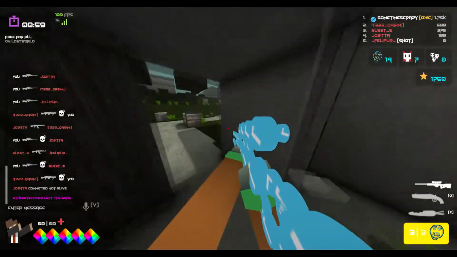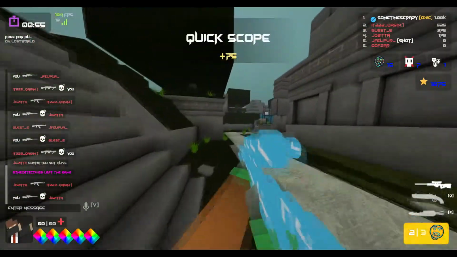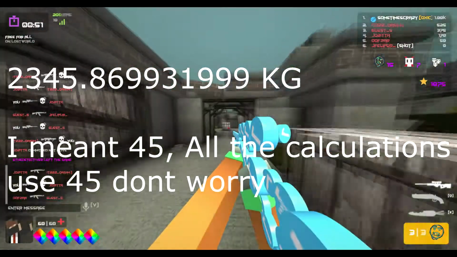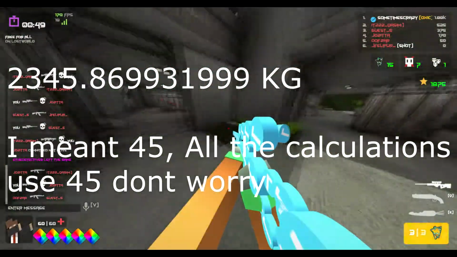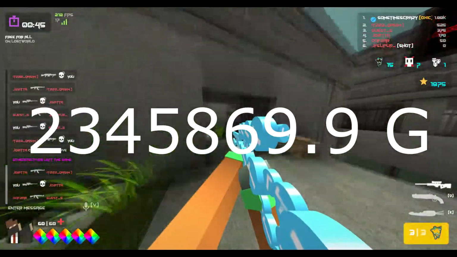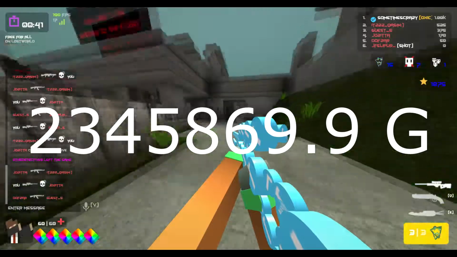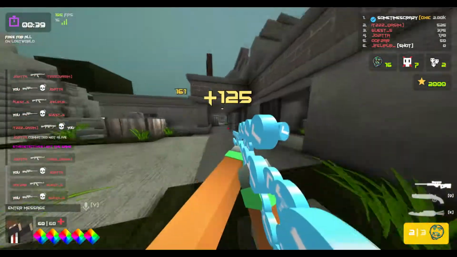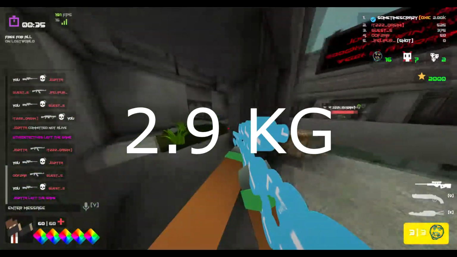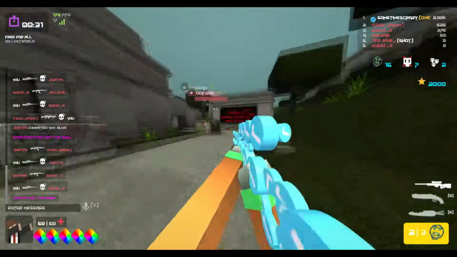So the weight of the rifle is actually the weight of the rifle and Krunker guy. In episode 6, we worked out Krunker guy weighs 2,343.8699 whatever kilograms, which is equal to 2,345,869.9 grams. The shotgun we worked out in episode 4 to be a Beretta 30-1 tactical, and that weighs 2.9 kilograms or 2,900 grams. So our combined weight we now have is